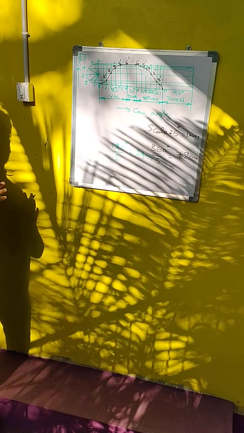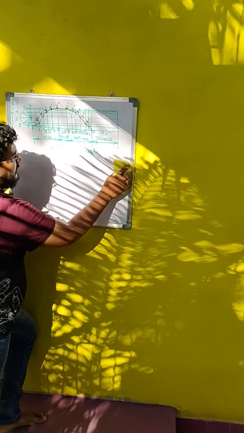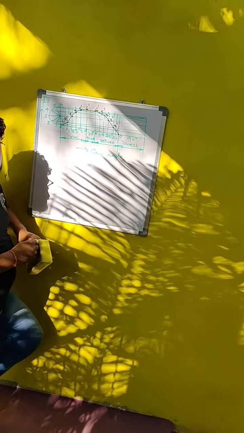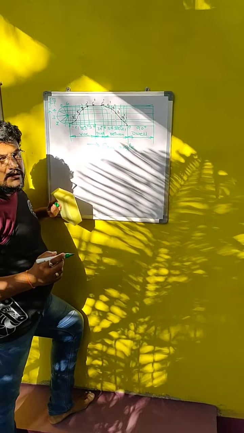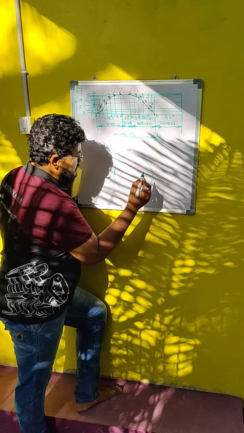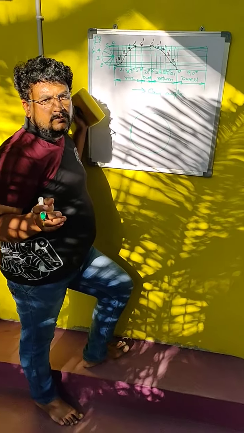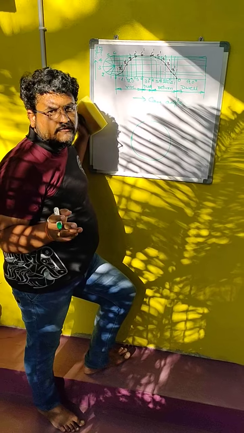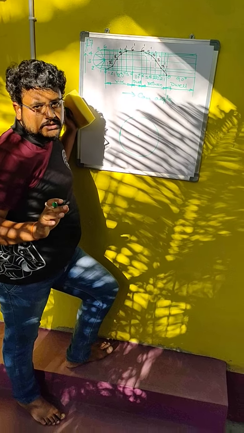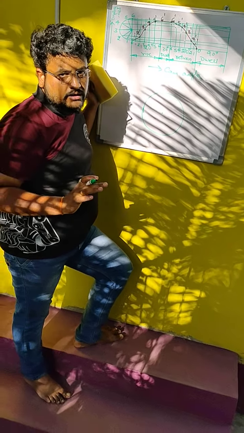Now let us see how to draw the cam profile for flat faced follower. Now what is the radius of cam given here? 25 mm is the radius of the cam given here. Therefore with radius 25 mm, first of all draw a circle. This is nothing but base circle. Here in the question, it doesn't ask what type of follower is to be drawn, that means either radial follower or offset follower. If nothing is asked in the question, by default we have to consider the follower as radial follower.